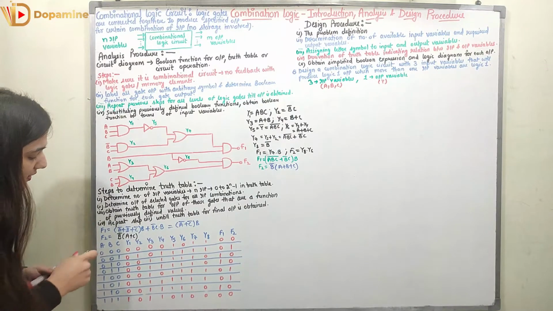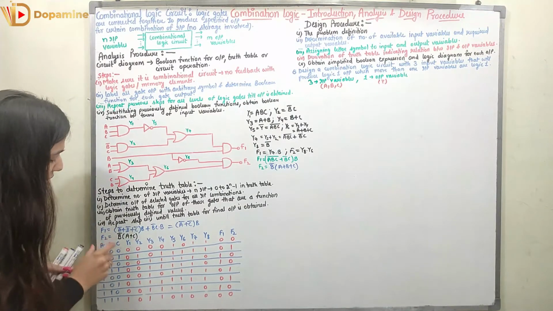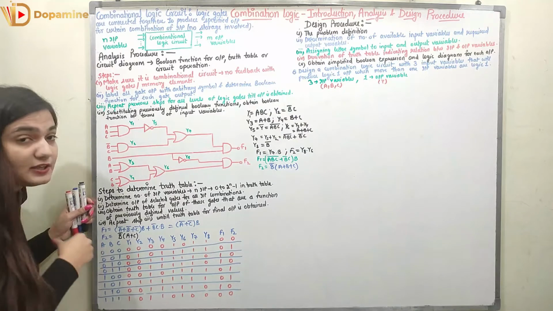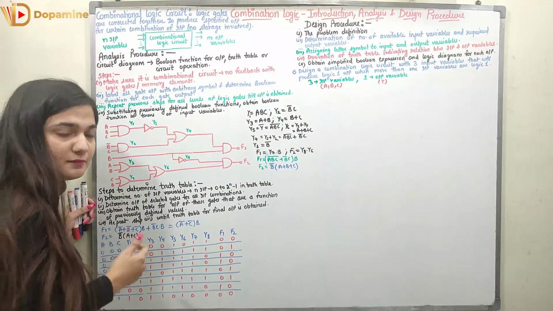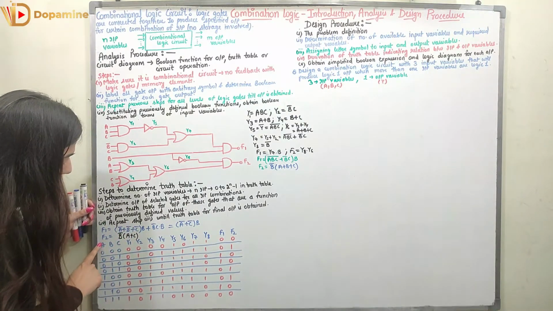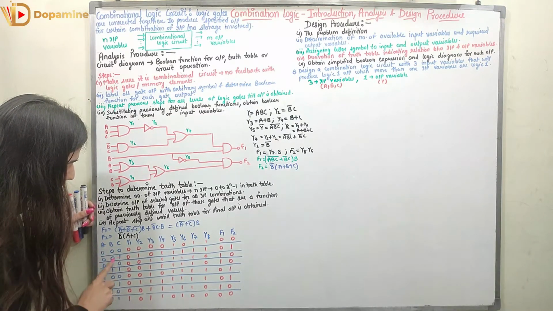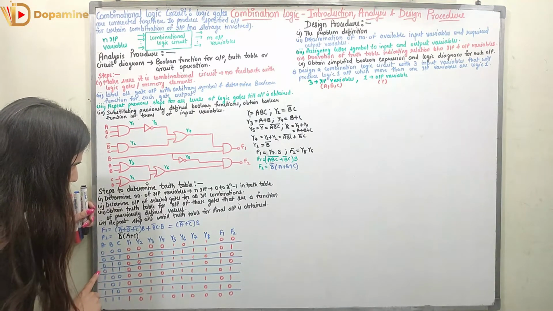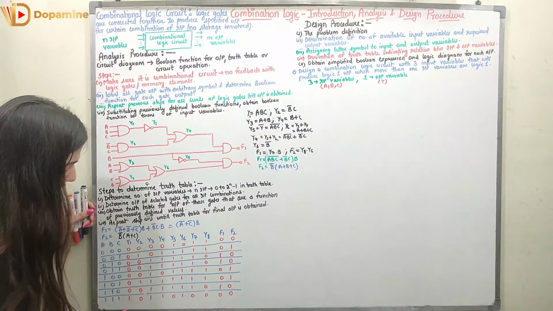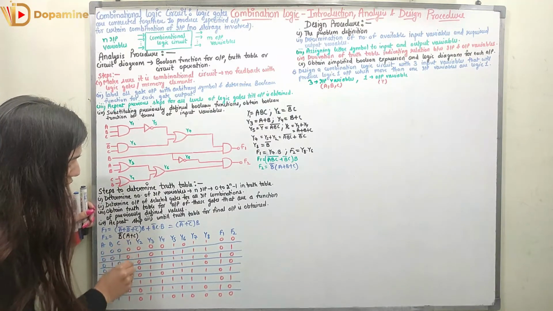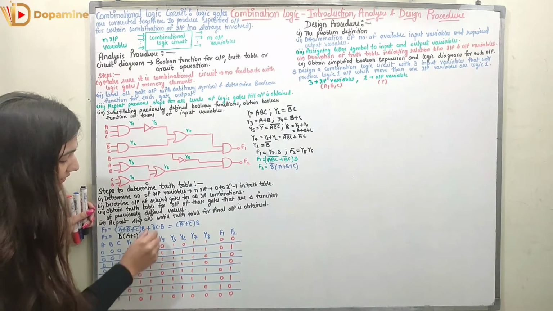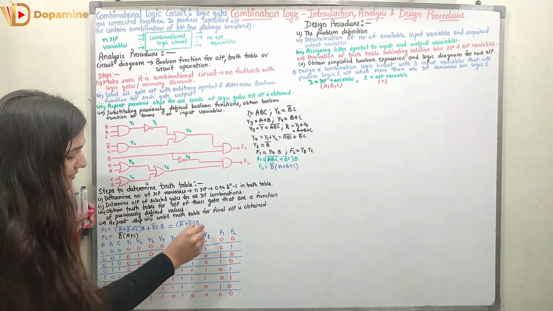Right? So now here coming to the truth table. For the truth table, I have to represent all possible combinations of the input variables. The input variables are A, B, C. So we have 8 possible combinations: 000, 001, 010, 011, 100, 101, 110, 111. For that we have to compute Y1, Y2, Y3, Y4, Y5, Y6, Y7, Y8.